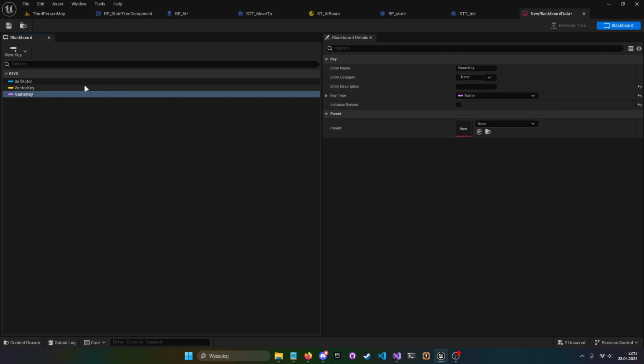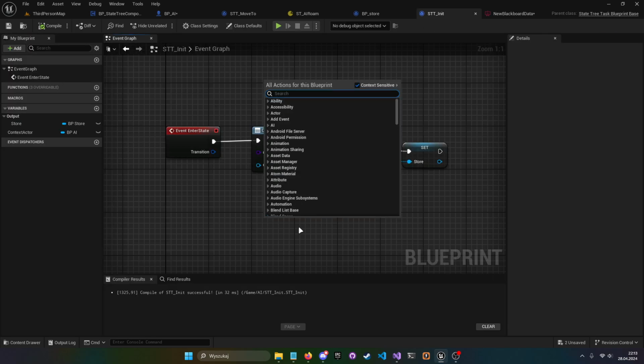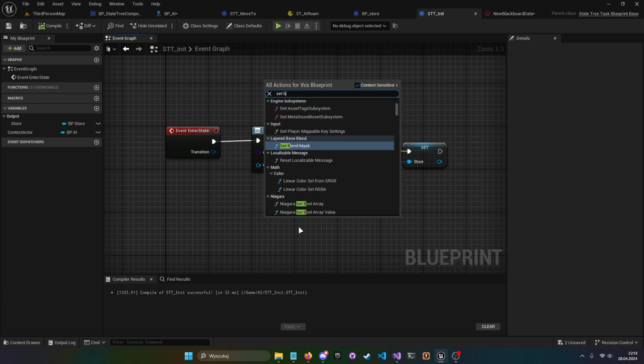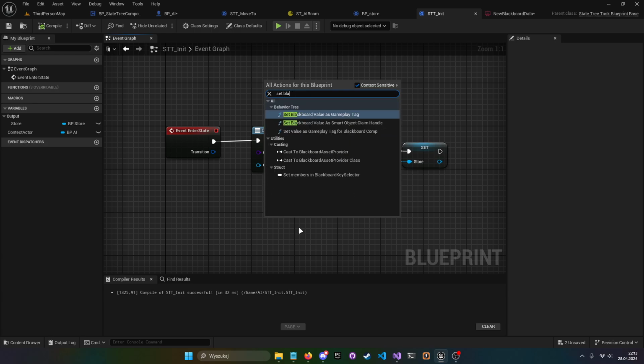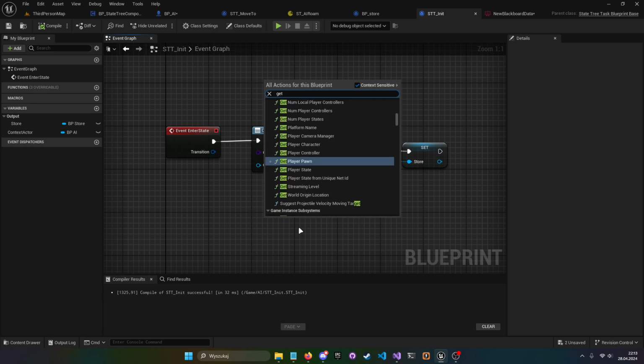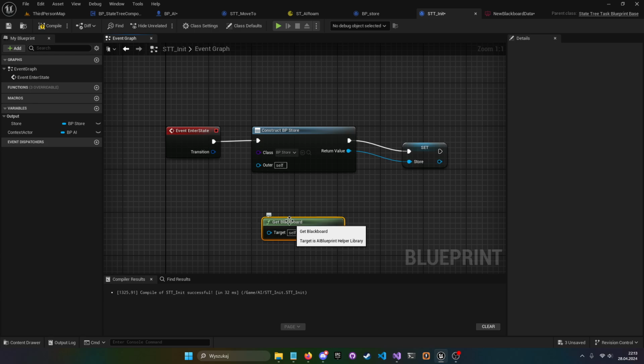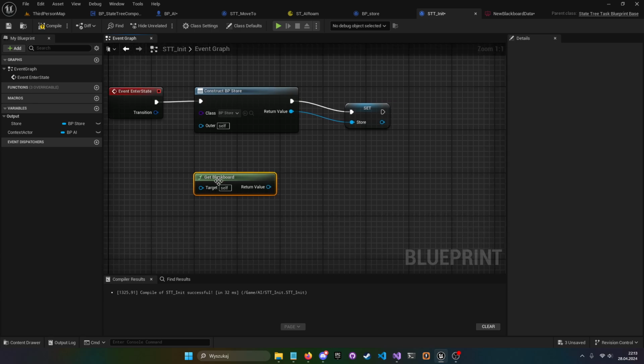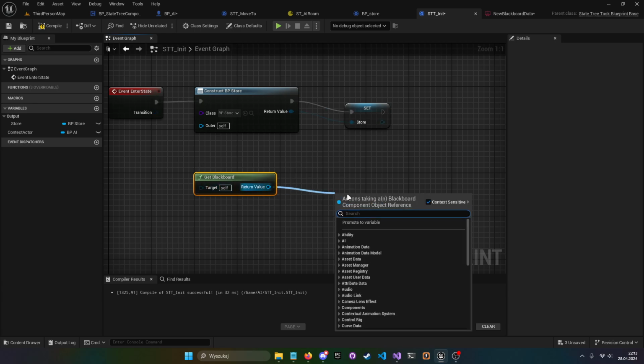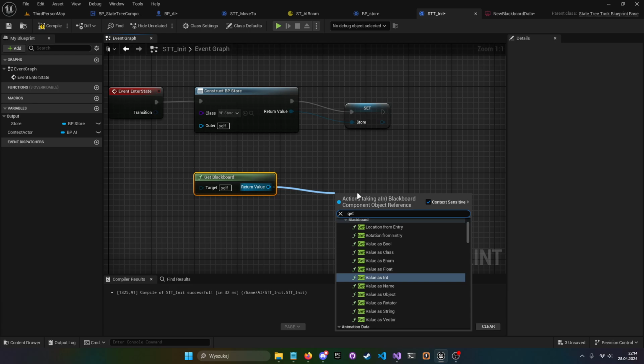You name all of that however you want. And then in Blueprint you would just go set Blackboard, or maybe not, like we probably need to get Blackboard first. Excuse moi for not being a pro at blackboards and behavior trees. I kind of like didn't do much of AI before state trees, so I didn't look at behavior trees that much. But you would get a blackboard, and then you can get value as class, bool, enum, float, int, whatever,